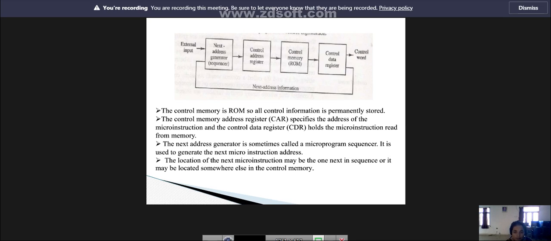Okay, stored in ROM. The control memory address register specifies the address of the micro instructions, and the control data register, CDR, holds the micro instructions read from the control memory. The next address generator